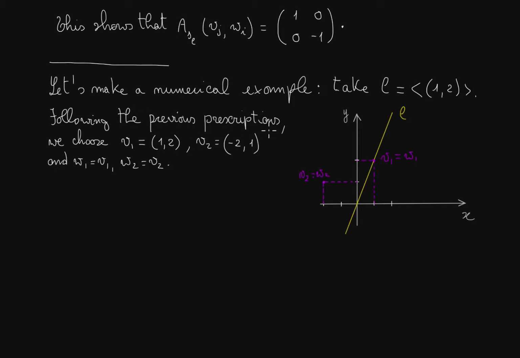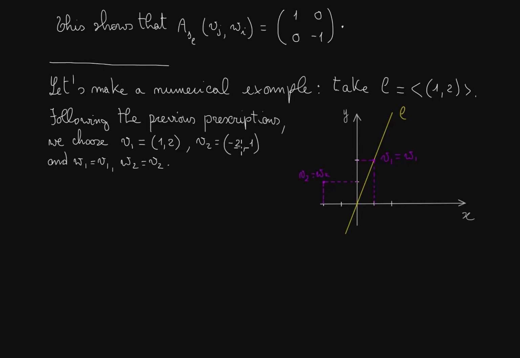Following the previous prescriptions, we choose V1 to be one element of the axis, so why not choose the same generating vector of L, so (1, 2). And then we have to find a perpendicular vector to V1, and we will call it V2. Any perpendicular vector will do, and (-2, 1) works. We will see in future lectures, when we cover the scalar product, how I came up with this